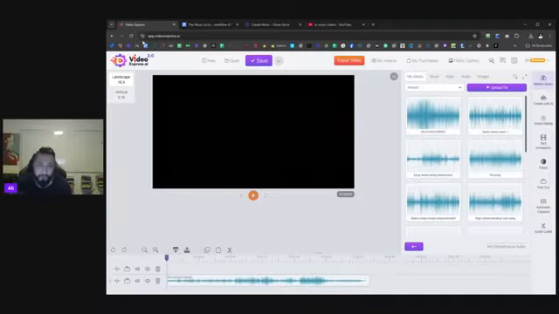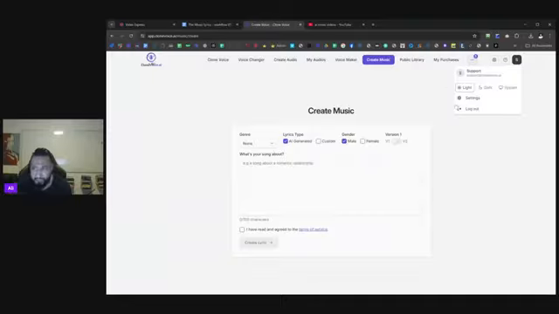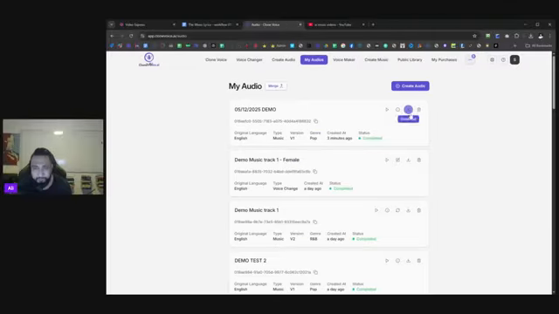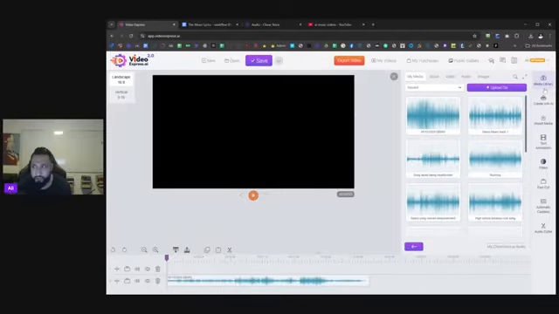Now, you don't have to do this. If you don't have the integration, that's fine. You can just simply download, go to My Audio, simply download here. Okay, once you download, you can actually drag and drop into your media library, and it's the same process. But this is a fast track way of just working through and having a much quicker